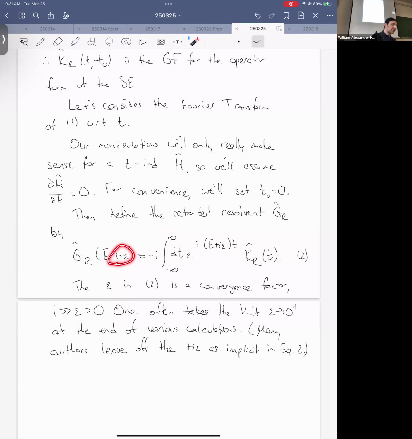So these i epsilons that we've talked about already in the retarded propagator are key to boundary conditions. Are we interested in propagating solutions forward in time or propagating solutions, for example, backwards in time? And we'll see a specific example of that in a moment. Let me pause for questions.